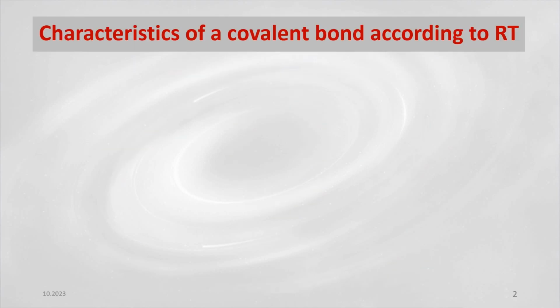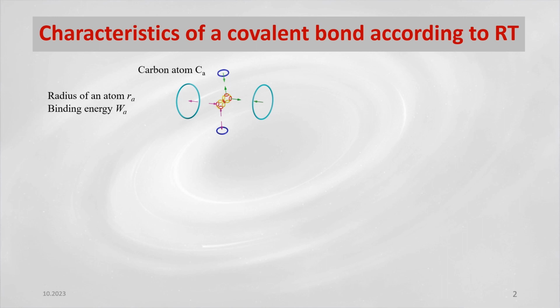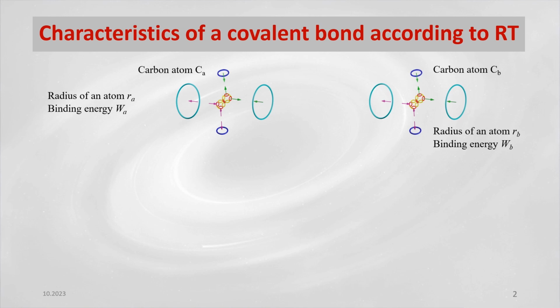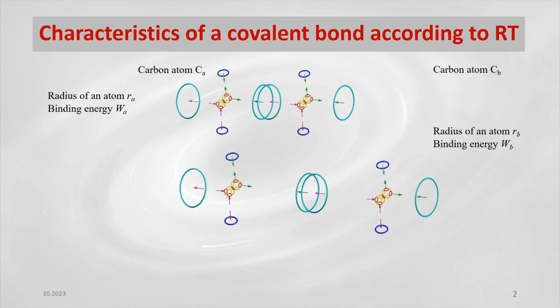What is a covalent bond? Imagine, for example, a carbon atom with a certain radius, and its valence electron has a bonding energy equal to the ionization energy. If another carbon atom appears nearby, under suitable conditions, both of them will desire to bond with their valence electrons. However, for electromagnetic forces to remain in dynamic equilibrium, the atoms must move away from the close